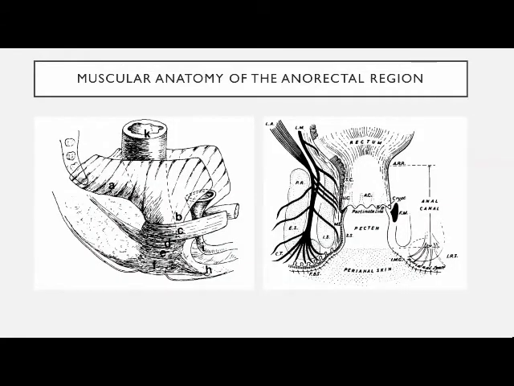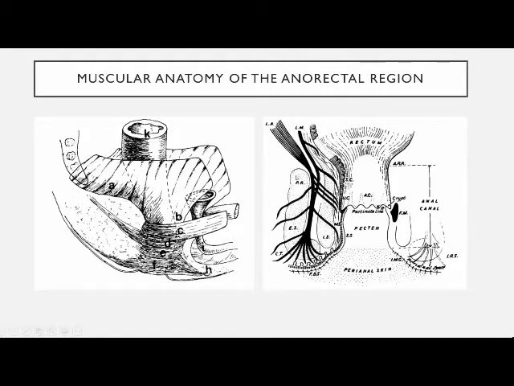We'll briefly review the muscular anatomy of the anorectal region, which has already been discussed earlier. In this diagram, we can see the levator ani muscle here, which is composed of the iliococcygeus and the ischiococcygeus. B, over here labeled as B, is the pubococcygeus muscle. This is the puborectalis sling shown here. D is the upper deep part of the external sphincter, and E is the superficial part of the external sphincter. The uppermost part of the deep part of the external sphincter and the puborectalis share some common fibers. And this shows the muscular anatomy.